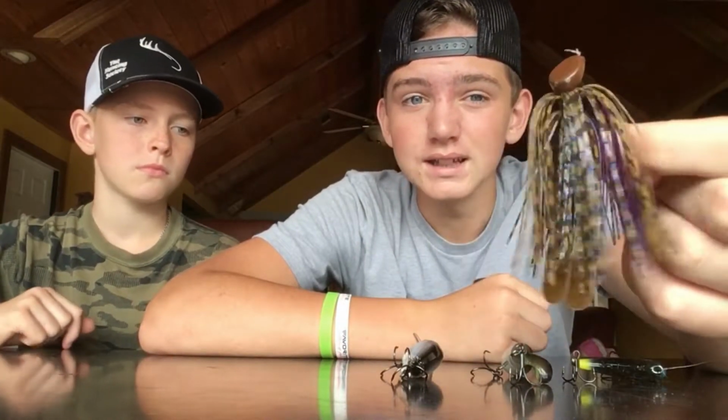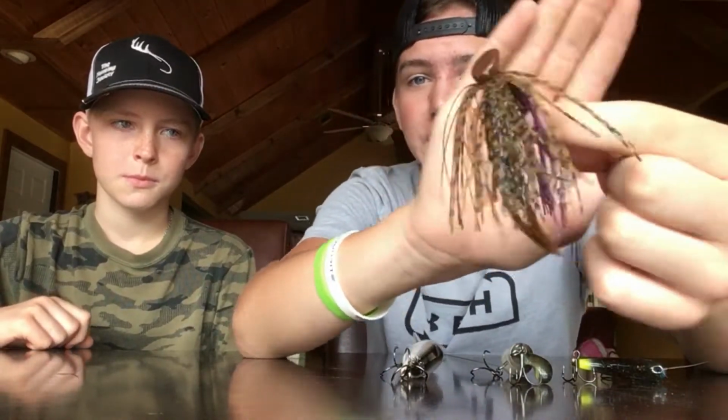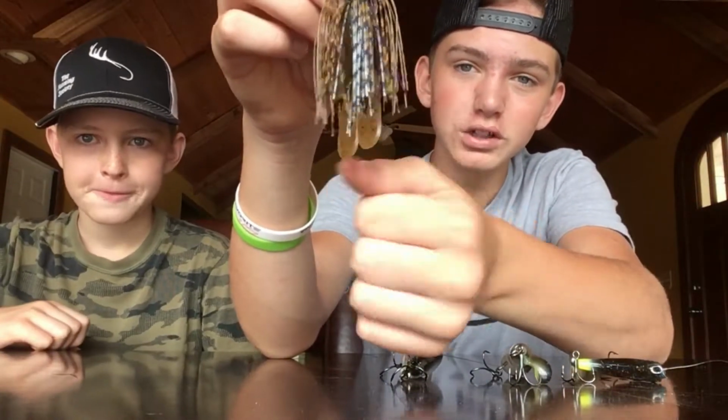I went out fishing for the first day with this and caught like 4 or 5 bass on it, and they were all really good size. It's a small profile, but it catches a lot of bass. And put that little trailer up, my hand. Your hand's huge. Yeah, and the little trailer just makes a little bit of water spit out the back, which